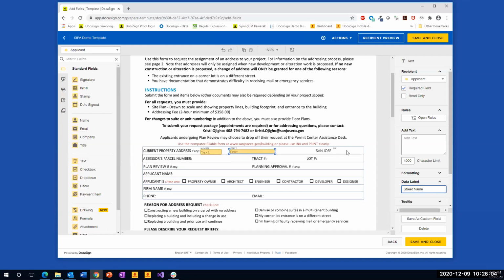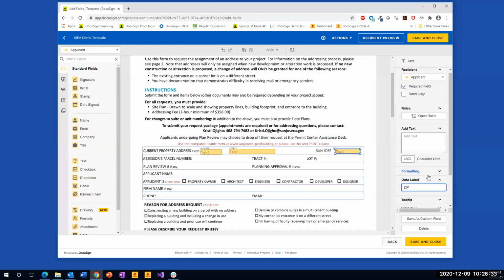And let's say that there is a zip code. So very quickly drag over another text box, and that is basically how you would indicate on your form itself where all the data fields should be captured. And in this case, this is zip code. Now, as you know, US zip code has a fixed format. So for certain data types that have a fixed format, you can also perform what we call data validation, which is basically a feature by DocuSign to prevent mistakes made by the user, right?